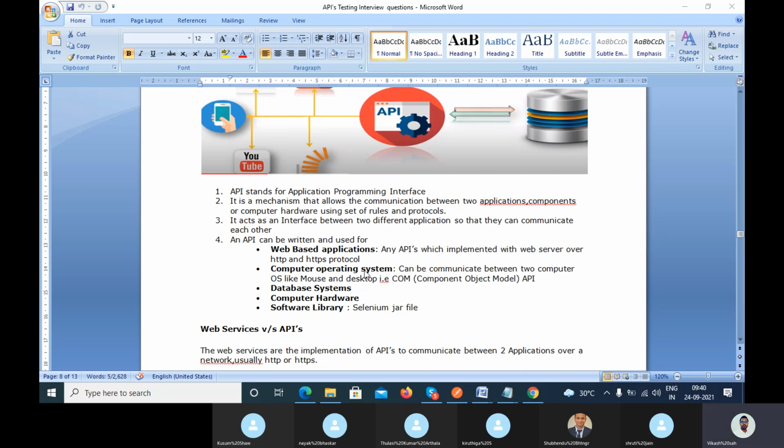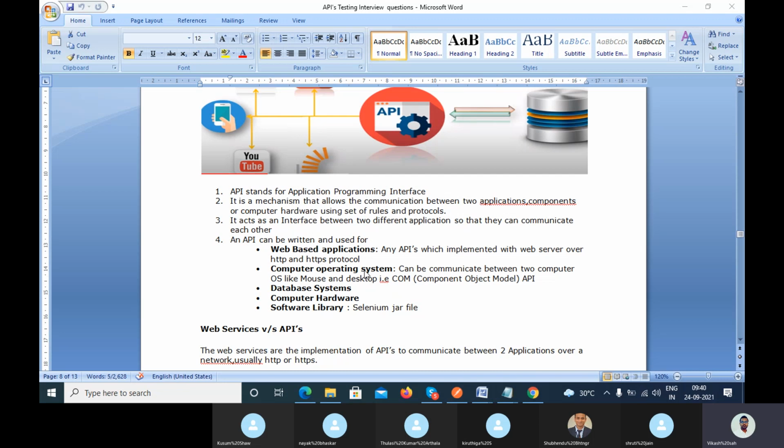So if one electronic device is establishing communication with another device, then it is also an API. It is making the communication, right? Same as in the database system. One database is connected to another, or it is connected to these services. That is the API.